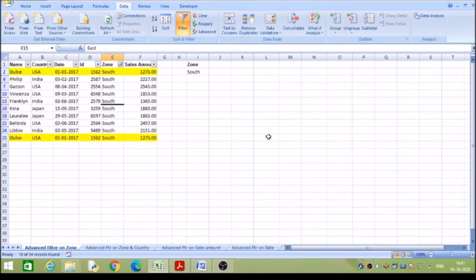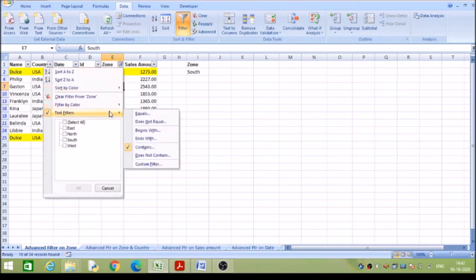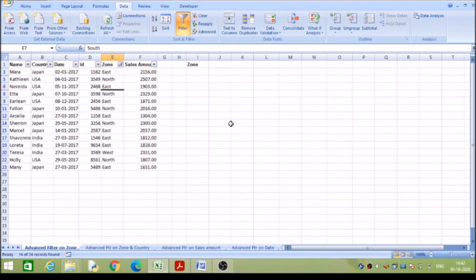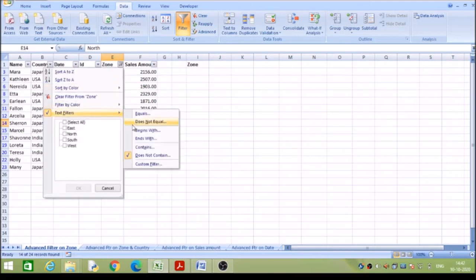So I got south because this is the only zone where the word contains OU. Then does not contain. Suppose I go for OU, I'll get all the other records where OU is not present anywhere in the zone name.